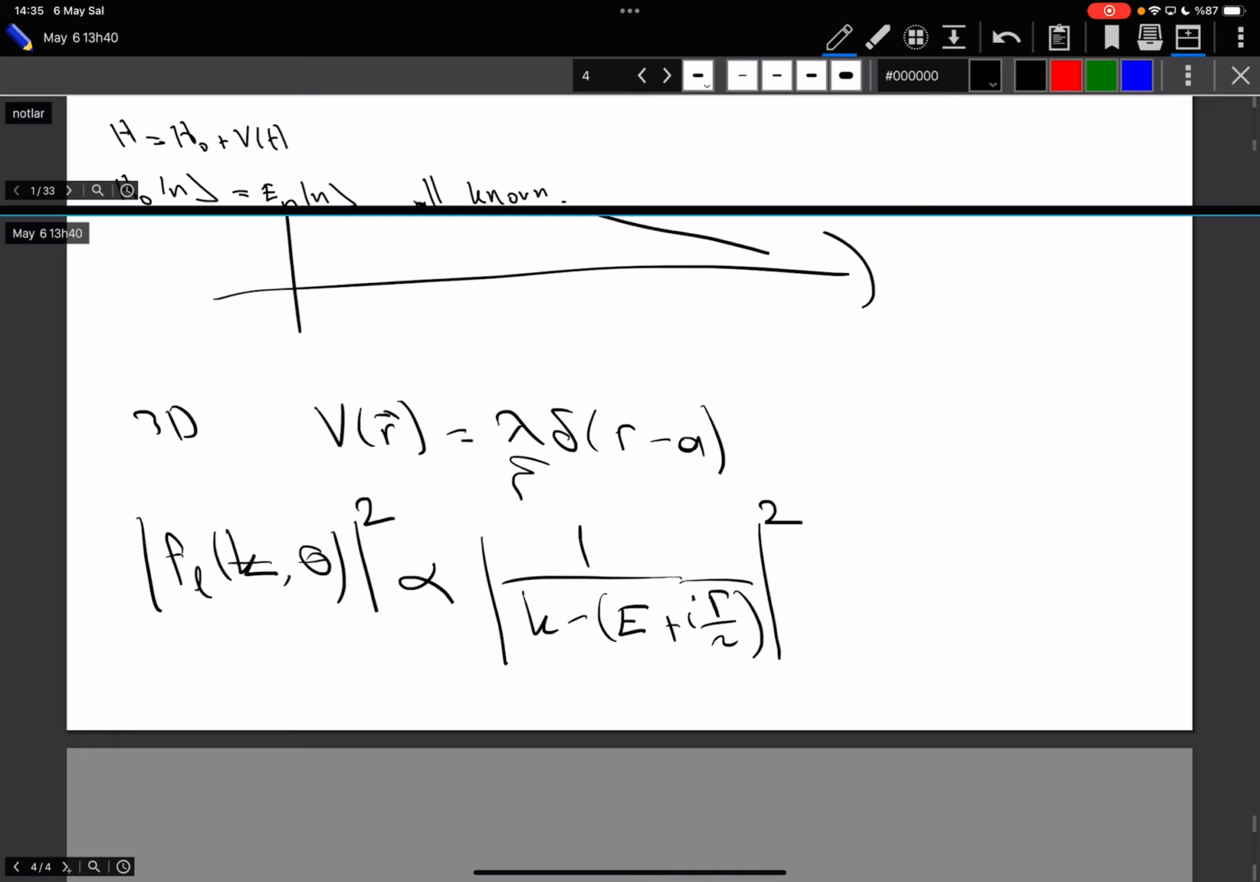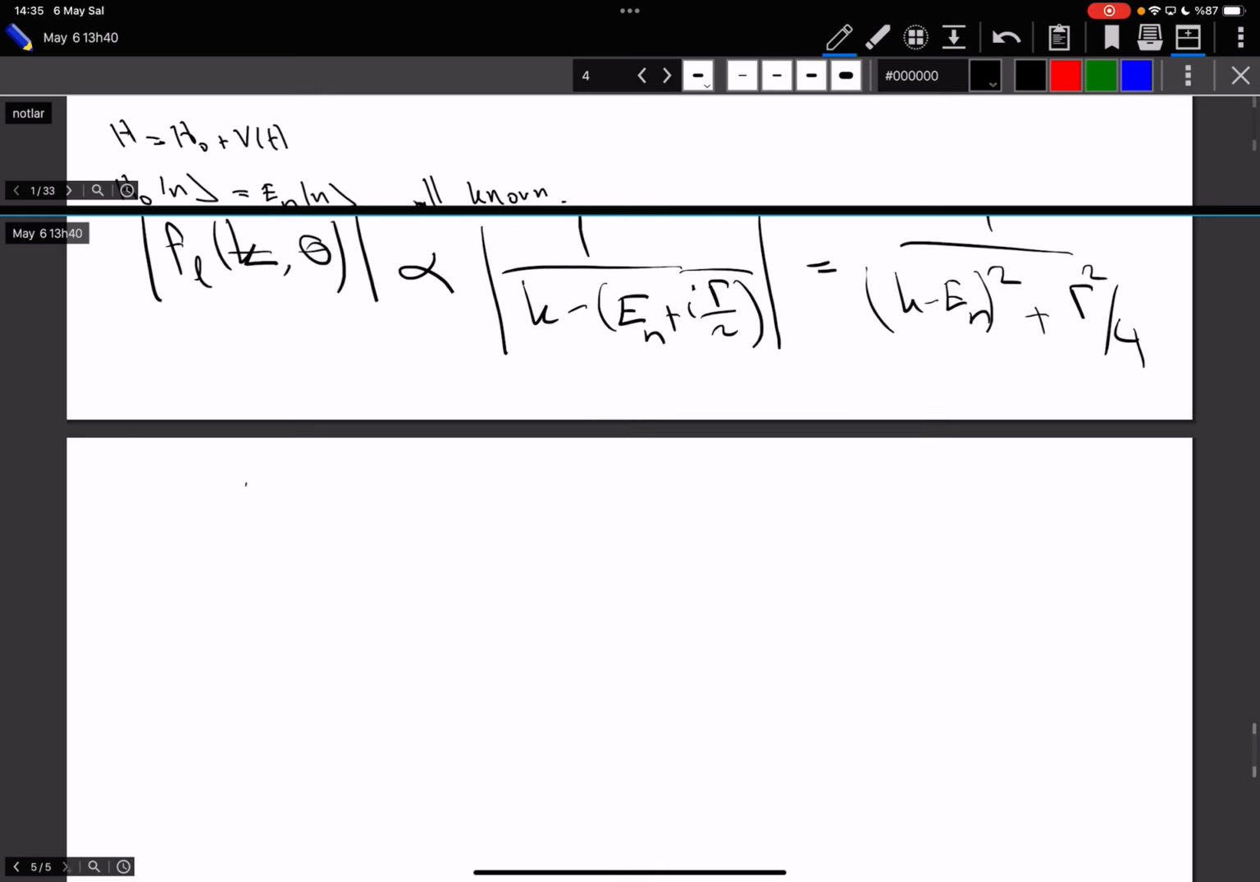Let me put E_n, which is 1 over (k minus E_n) squared plus gamma squared over 4. I'm just taking the absolute square. Well, if you would plot that function,